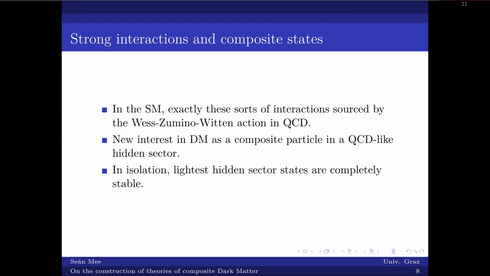So in QCD, these interactions you get for free because of this topological term in the action. This has spurred a new interest in dark matter as a composite particle in a QCD-like hidden sector. Just like in QCD, we have a dark sector which has some matter content, and below some scale